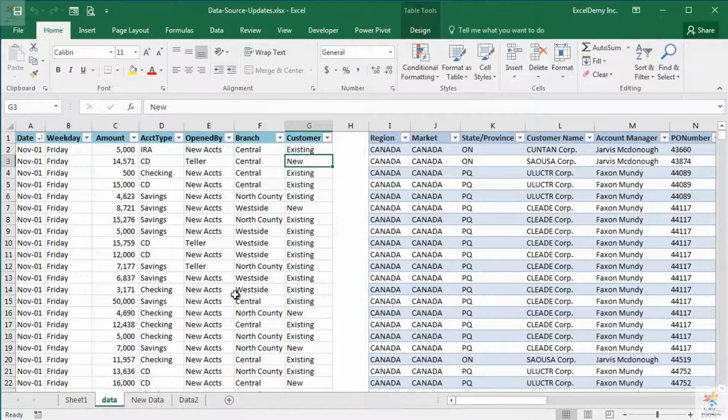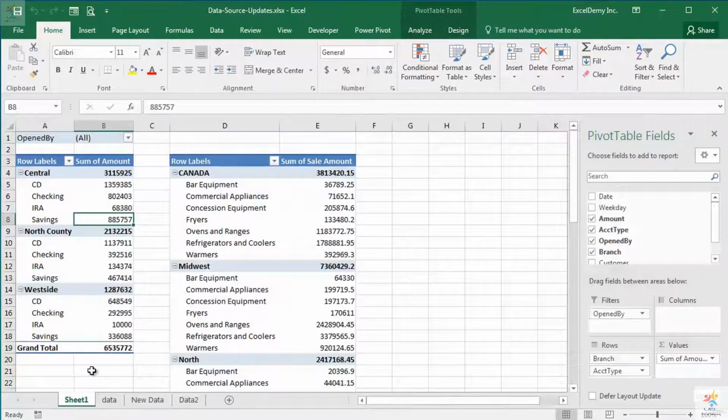Before adding new data to this table, I want to show you the pivot table reports one more time. In this pivot table report, you are seeing the branch-wise total deposits, and the deposits are broken down into account types. Say the total deposits in the central branch is 3115925, and this amount is divided into four account types: CD, checking, IRA, and savings.